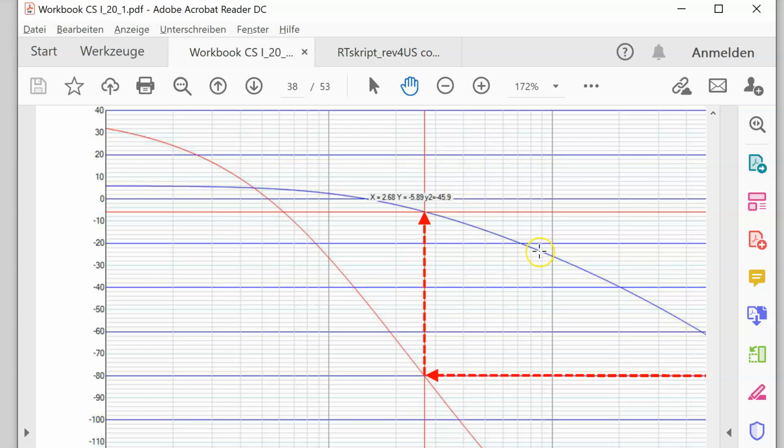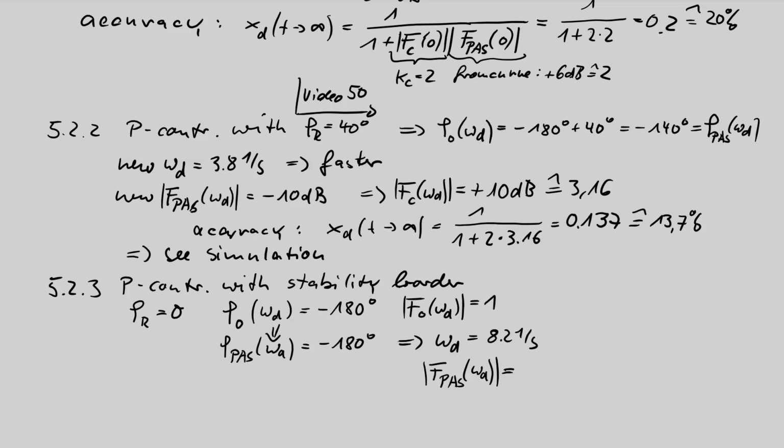I'm not sure if you can see this, and I can read negative 24 dB. Negative 24 dB. So this is the case if the controller KC is positive 24 dB,